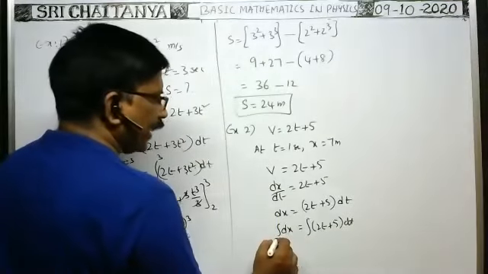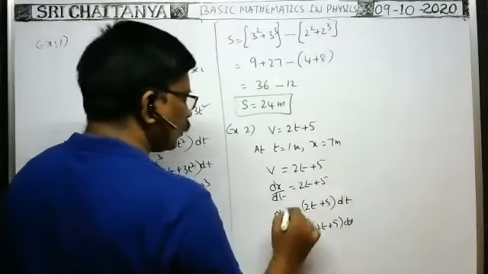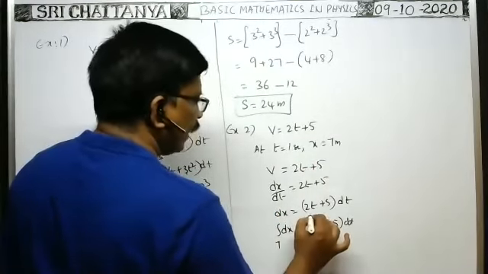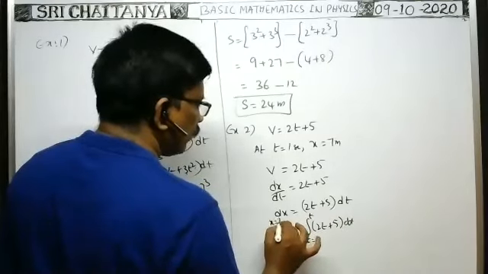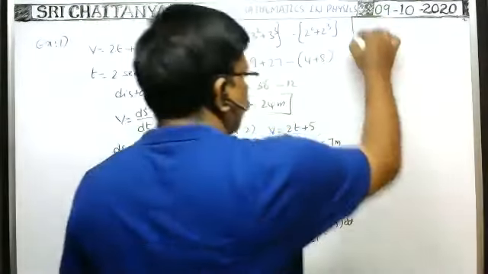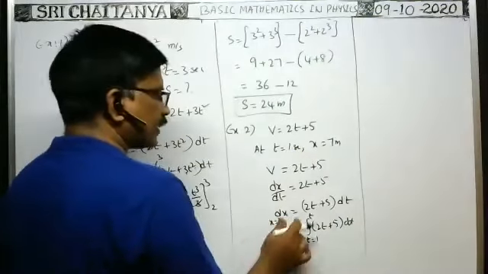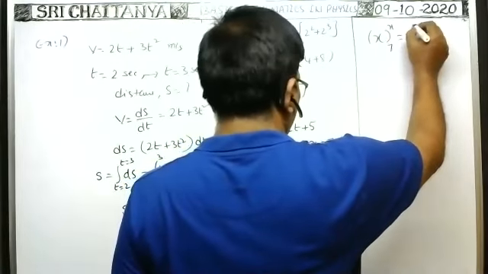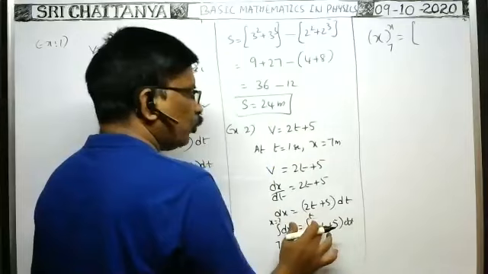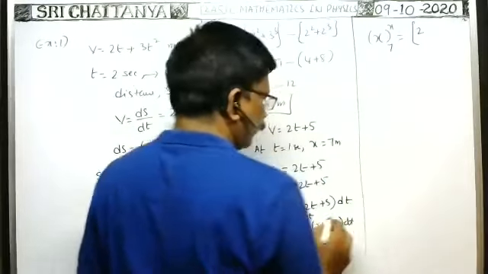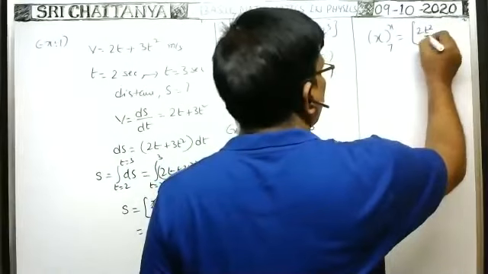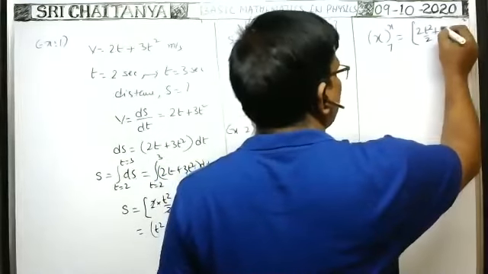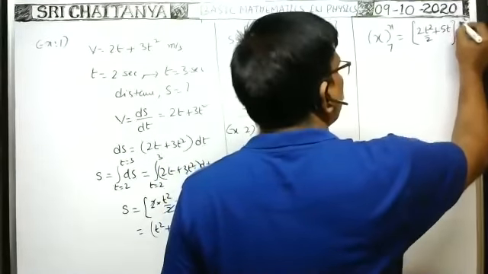అయితే ఇక్కడ at t is equal to 1 second, x is equal to 7. At any time t, what is the instantaneous position of the particle? x. ఇది కావాలి. Therefore, integral dx అంటే x ఏగా, x limits 7 to x is equal to integral 2t plus 5 dt, అంటే 2 కాన్స్టెంట్ పక్కన రాసండి. ఇంటిగ్రల్ t into dt అంటే t square by 2 plus integral 5 into dt, 5 constant you keep aside, integral dt అంటే t, so 5t, limits 1 to t.